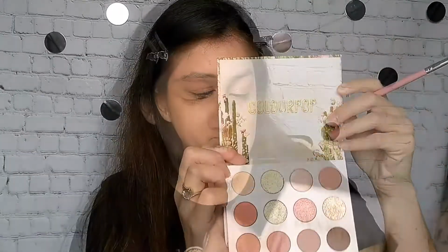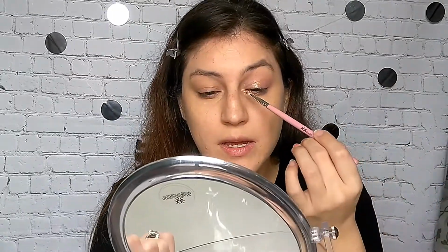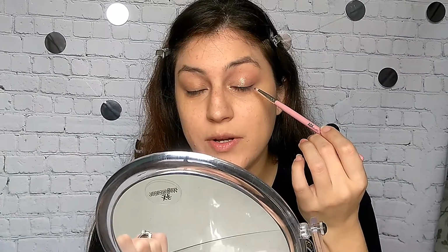Alright, so I do think this look needs a little extra oomph, so I will take a very thin pencil brush and go into this shade called No Bounds, which is a dark brown. I'm going to smudge and very lightly pat this from inner corner to outer corner, keeping as close to the lash line as possible. And of course it wouldn't be my look without some wing, so I'm going to wing